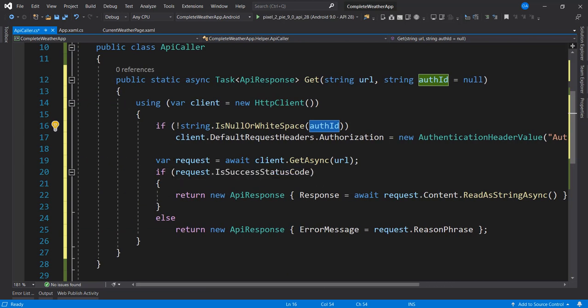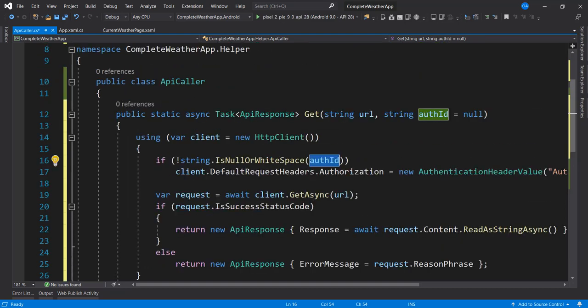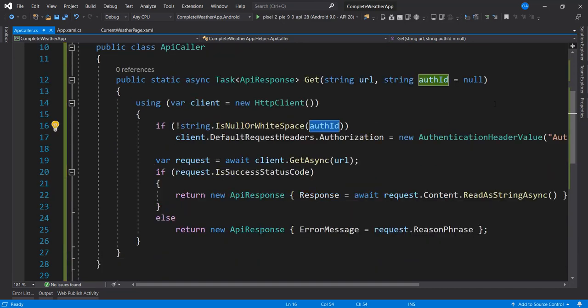So then go ahead and get the string from this URL and get the response. If the response has a successful status code, then we return a response with the string that we're getting from the API. And if the status code is not successful, then we are going to return an error message, and we're going to get the reason why it failed. Okay, so that is for our API caller. All right, so